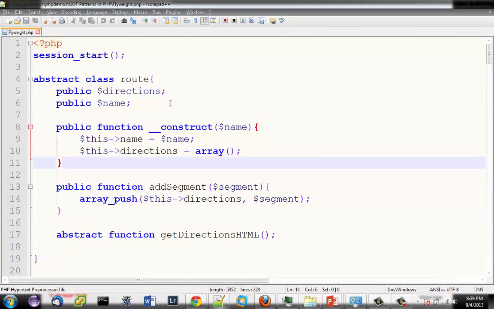Okay, now I've got my flyweight demo pulled up here. You notice I'm using sessions here. The reason I'm using sessions is because I'm going to be doing some caching in this, and what I don't want to do is throw away my object cache that I'm going to be using in my flyweight pattern every time I run the script. So I want to keep this alive, so every time I reload the script, I'm just going to load that out of the session, and that way it's a little bit less burdensome than actually going out to the Google service and getting that information every time.